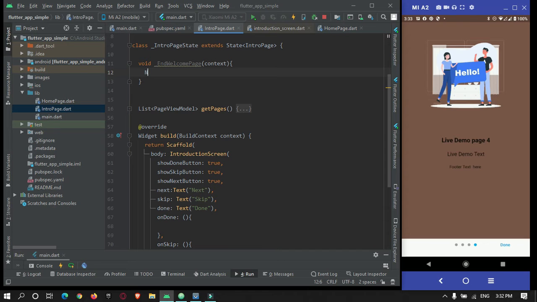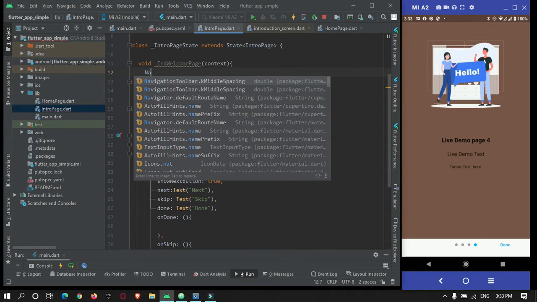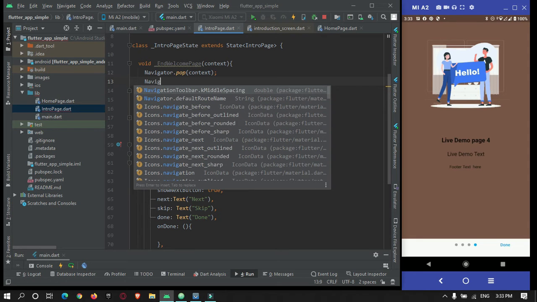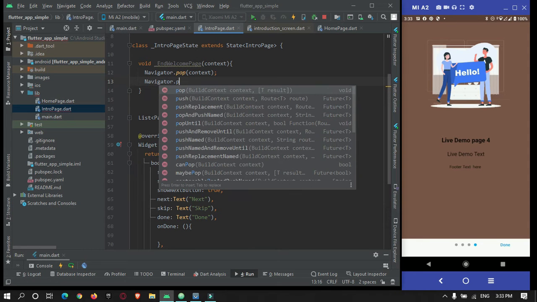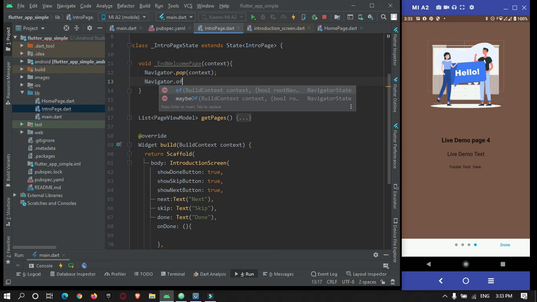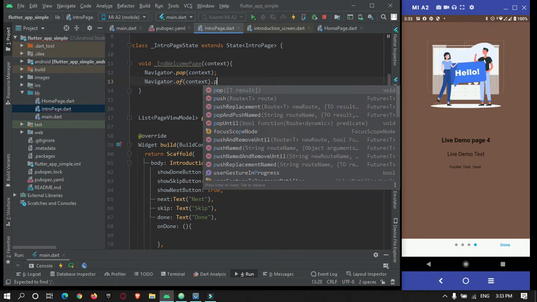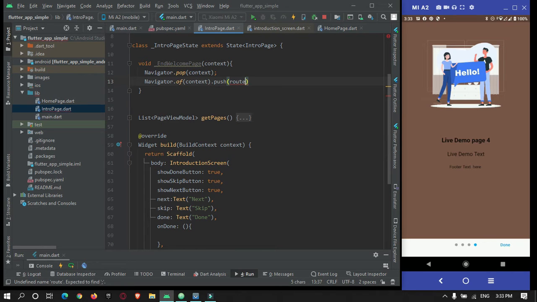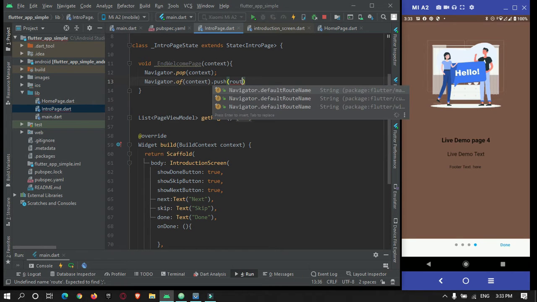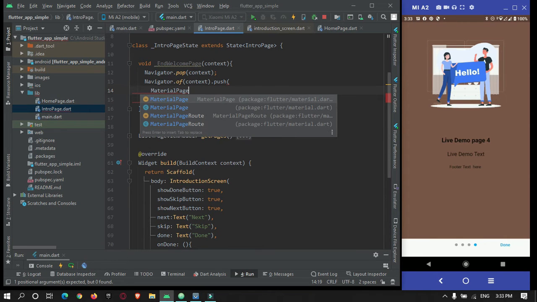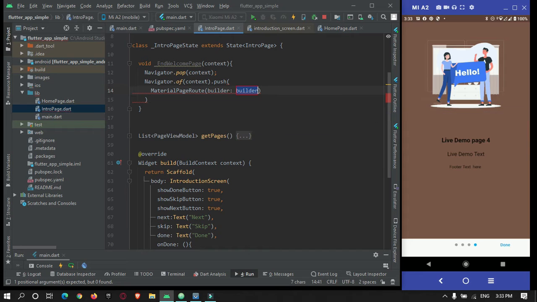Okay, so Navigator.pop, and then Navigator.of(context).push MaterialPageRoute with a builder.